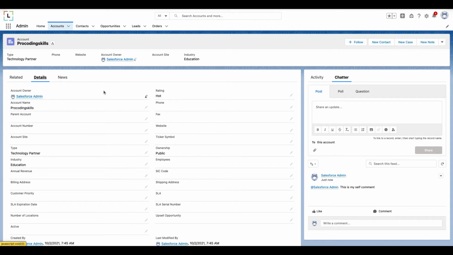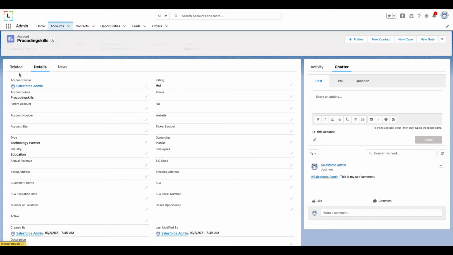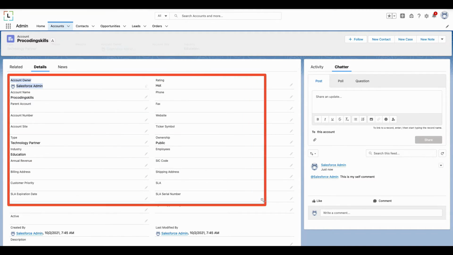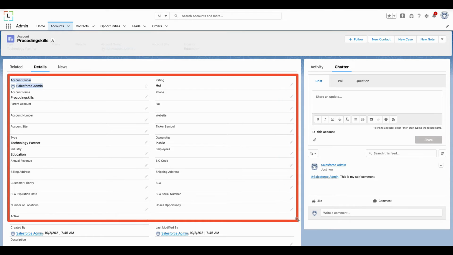But I just wanted to confirm one thing. The information we are seeing here can be modified and customized according to our business requirements. This customization comes under a concept called page layouts.